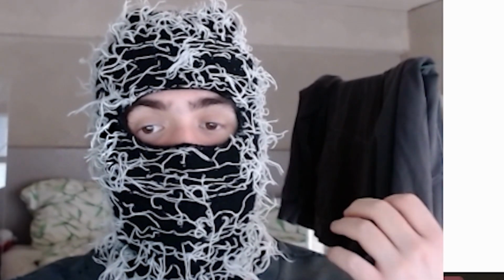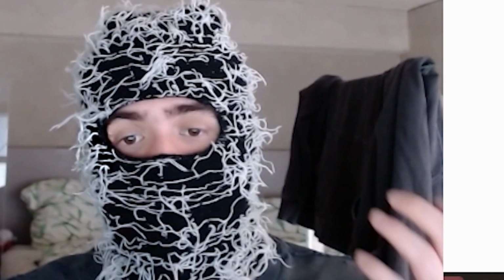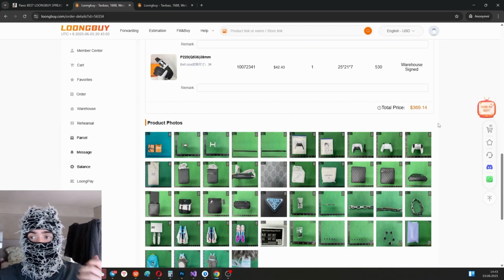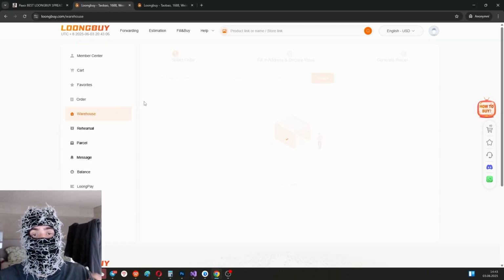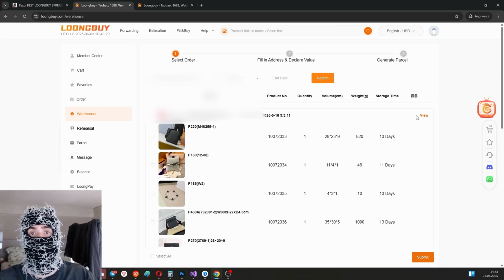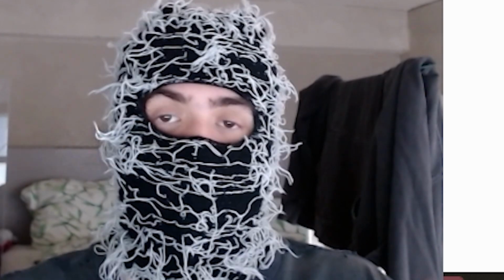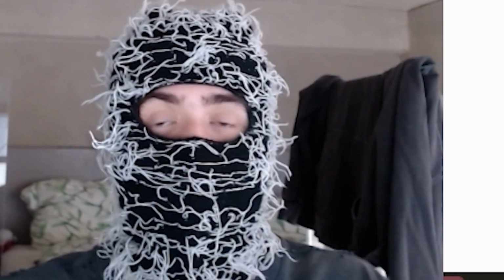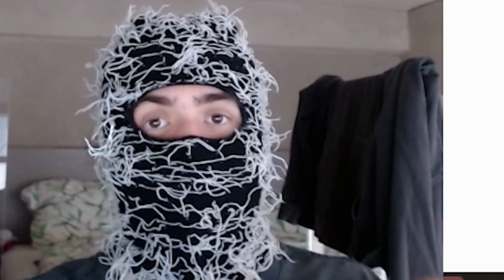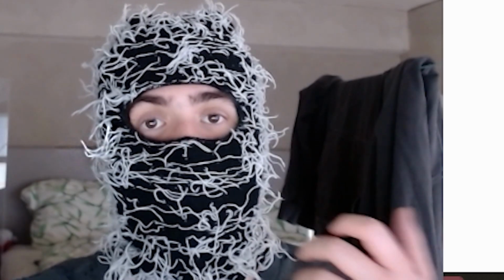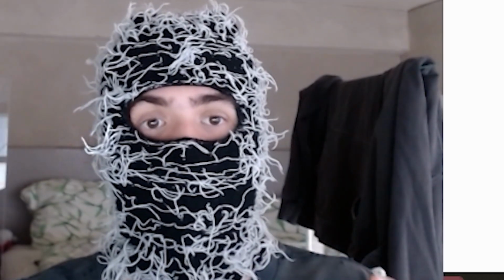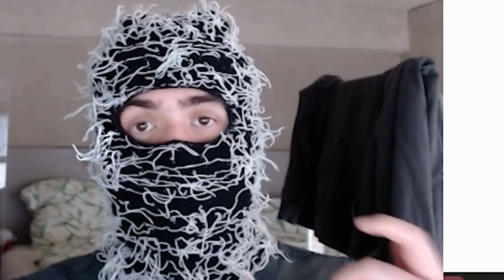Sometimes a product can come in the warehouse with bad stitching, bad logo, or it's just bad quality. So to return it, you will go back to the warehouse page. I don't have it currently, but right here should be a return button where you will input the reason. For example, you will say that the stitching is bad or whatever. And once you confirm it, they will return the product and either of these things will happen. They will give you back your money, which you will have in your balance, or they will send you a